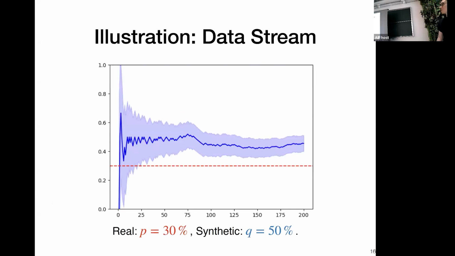So let's see this through an example. Imagine you have a data stream. You have a language model and keep collecting data from it, from the first sample up to 200 samples. Imagine for your question, the actual population fraction is 30%, but if you get answers from the language model, it's biased. It's centered around 50%. So you keep collecting data, and upon collecting a bunch of data, you can construct a point estimate, which is your empirical fraction.